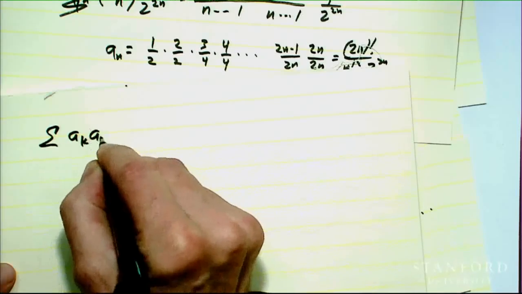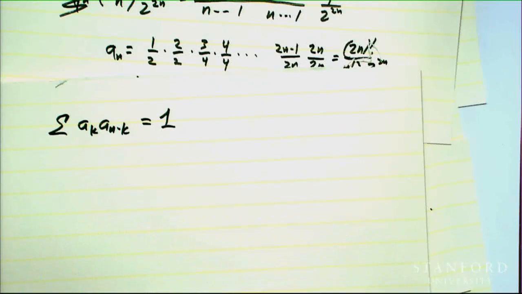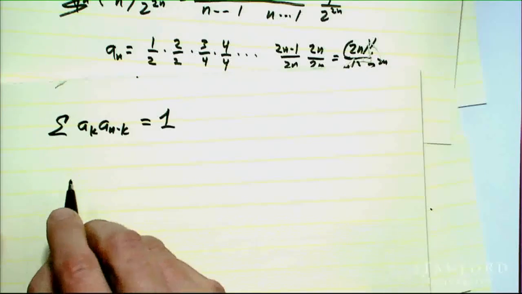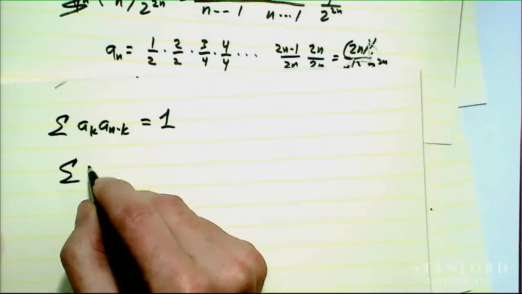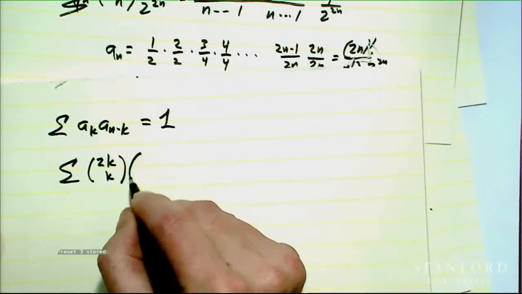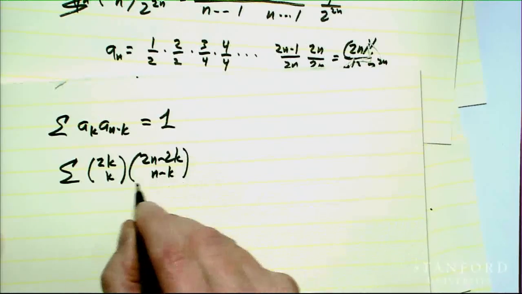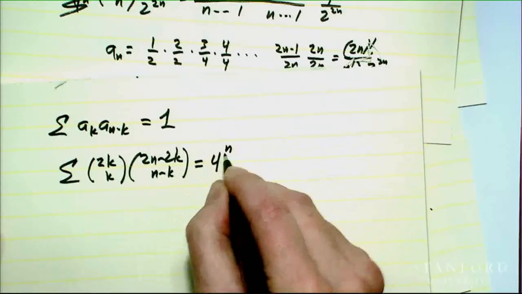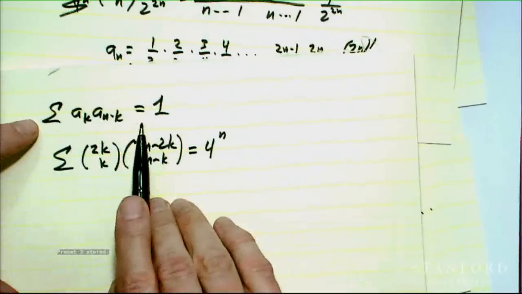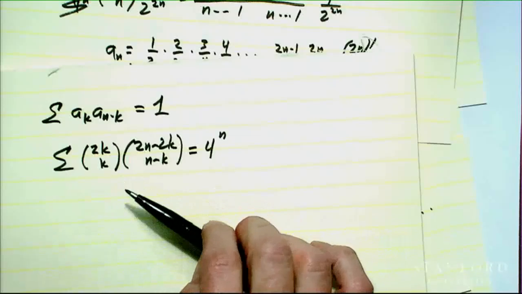And the formula that we proved. You remember that we proved that the sum of a_k times a_(n-k) is equal to 1. So this is the same as saying that the summation of binomial coefficient 2k choose k times binomial 2n minus 2k choose n minus k is equal to 4 to the n. It turns out it's equivalent. The formula that we proved for the a's is equivalent to this formula, and that's kind of interesting because it